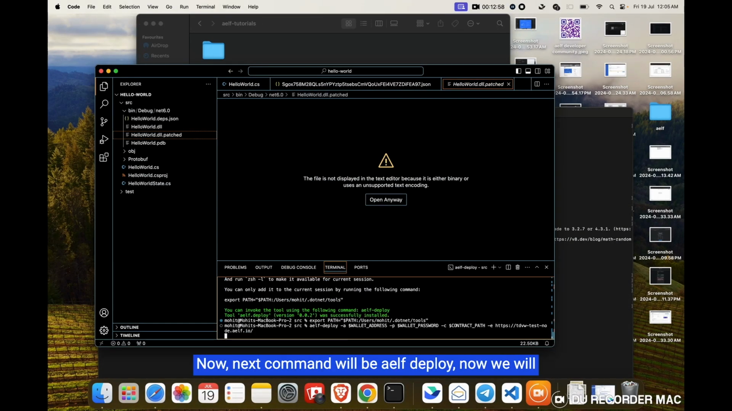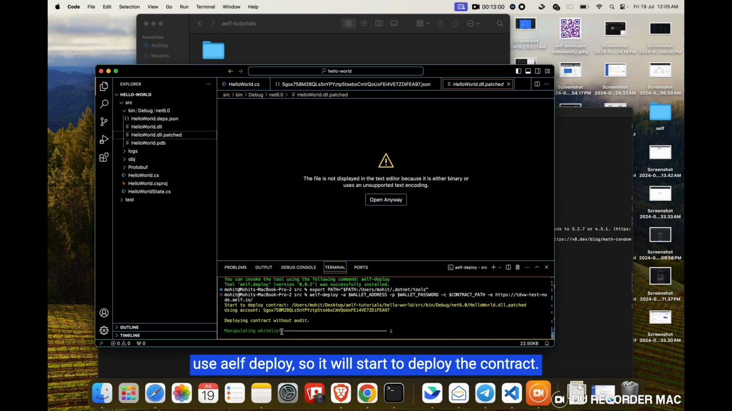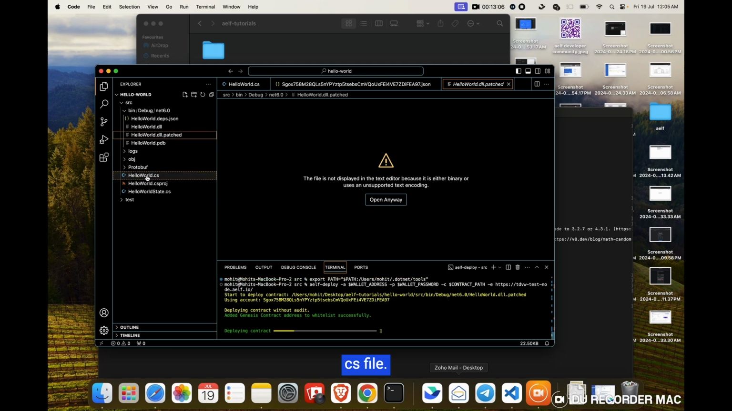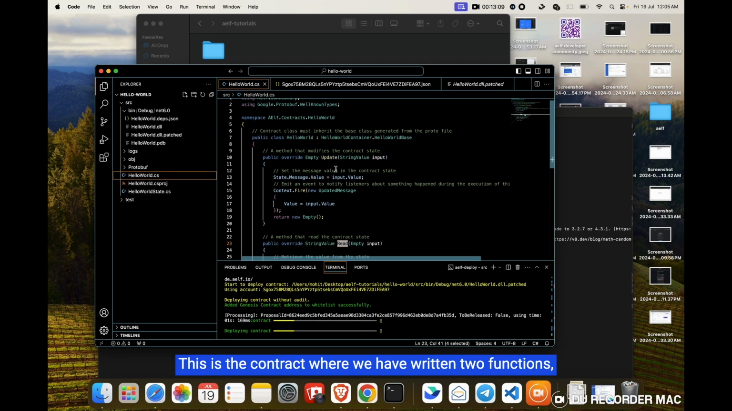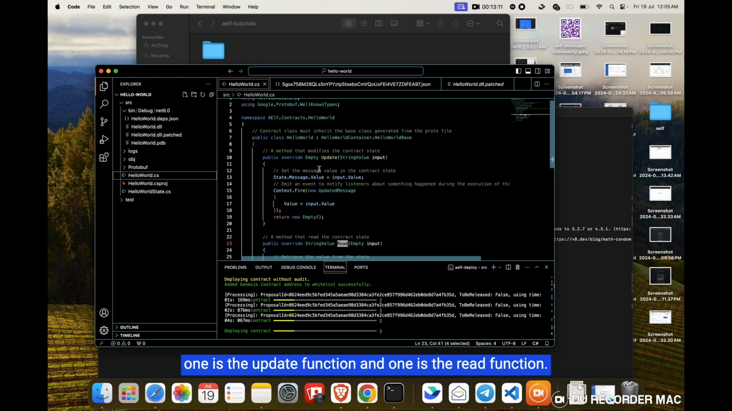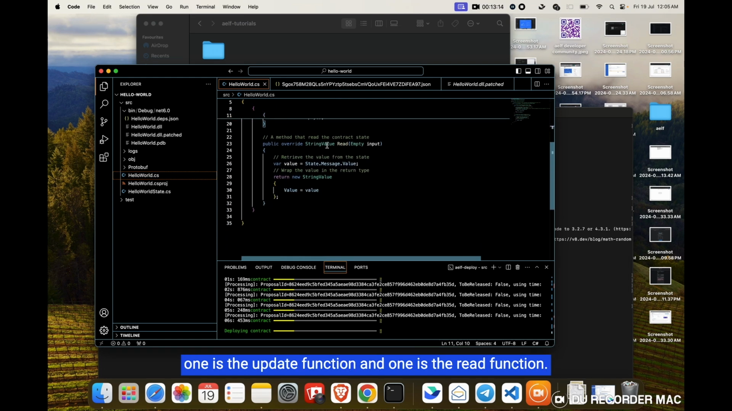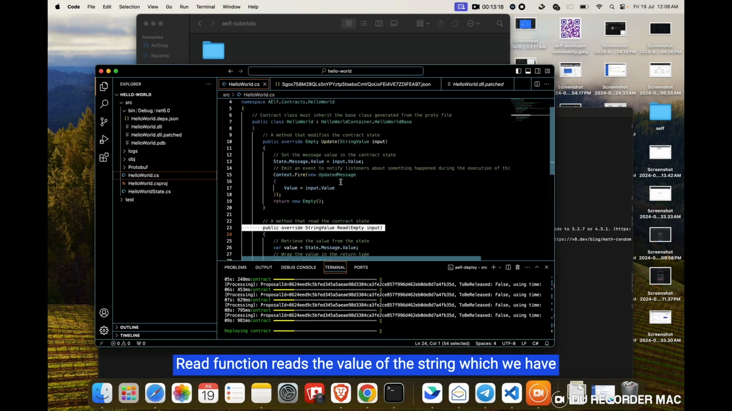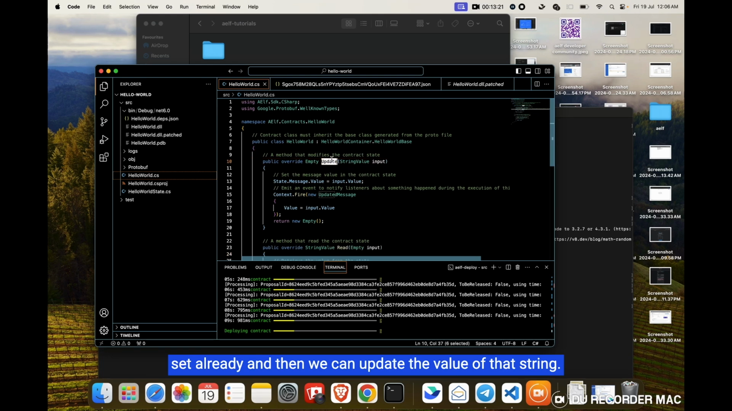testnet. Now we will use aelf deploy. It will start to deploy the contract. Now it is deploying the hello world contract which we have written in the hello world.cs file. This is the contract where we have written two functions. One is the update function and one is the read function. The read function reads the value of the string which we have set already, and then we can update the value of that string. The overall structure is covered inside the class, and then the class is covered inside the namespace, and that is called hello